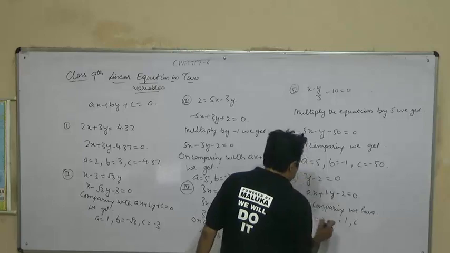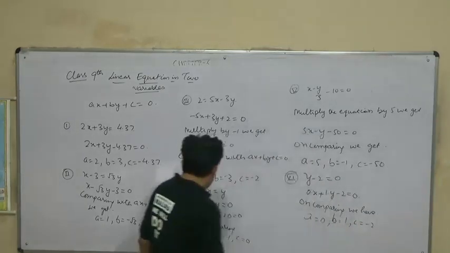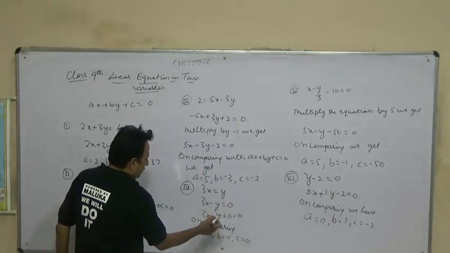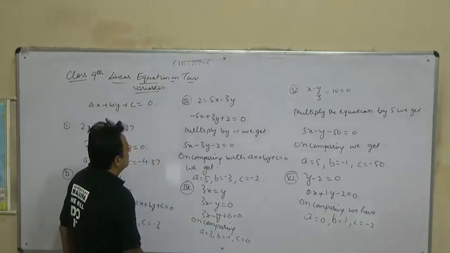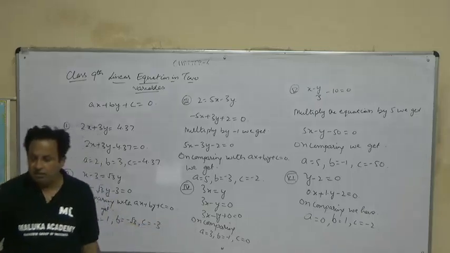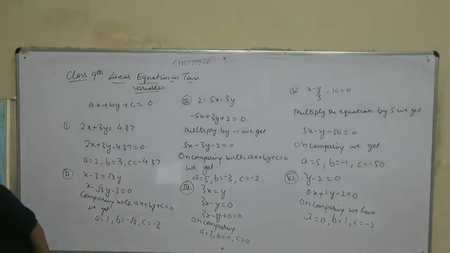A is equal to 0, b is equal to 1, c is equal to minus 2. And here also this is 1 into y. We haven't written it, so that is why this is minus 1. So all other things are okay. So we have converted an equation into its various forms. So we will do some more questions like this, but before that we would like to clean the board.